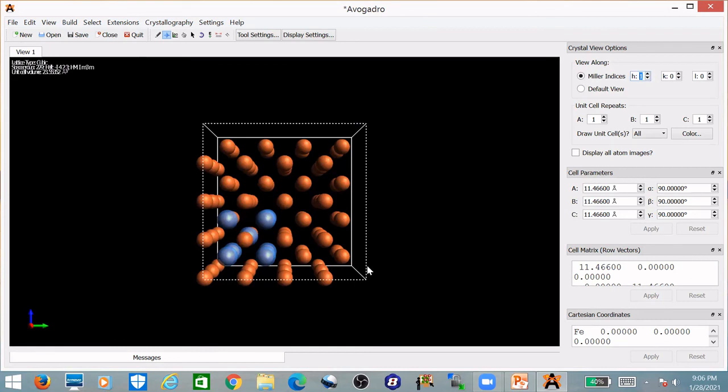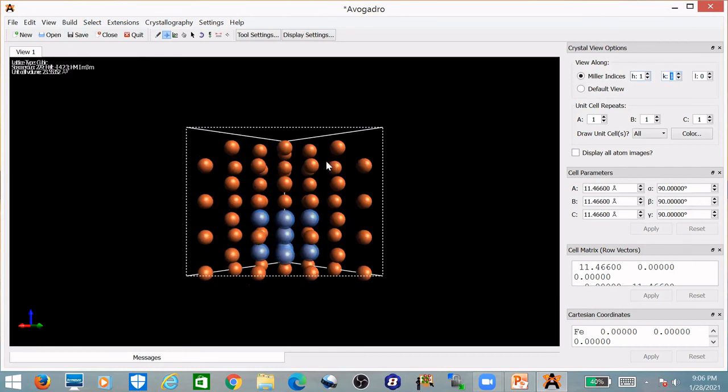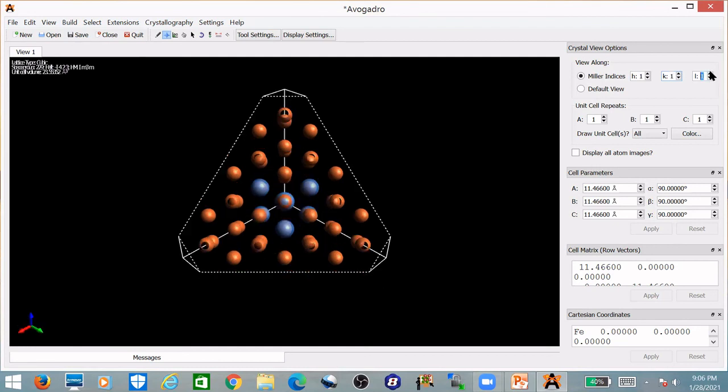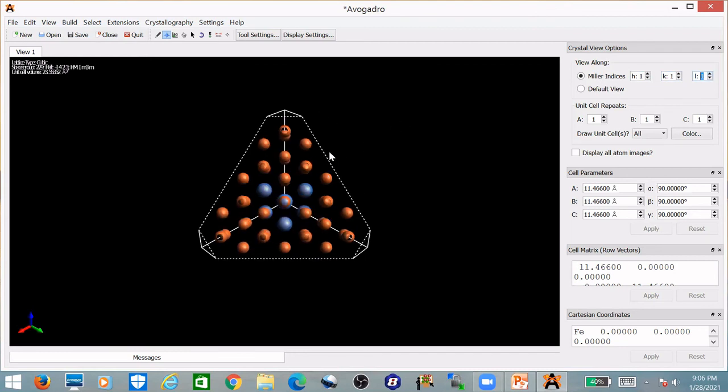So the 100 plane is your YZ plane that cuts the x-axis at the edge length A. And this is the 110 plane, which is parallel to the z-axis and cuts the x-axis at A and the y-axis at B. If you want to see the 111 Miller indices, so that's the 111 Miller indices.